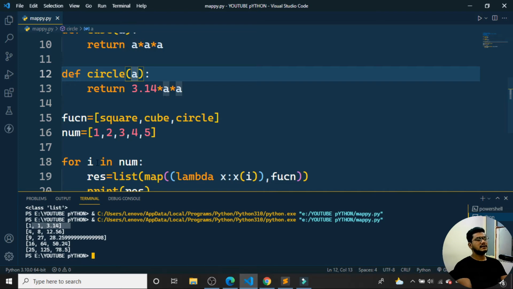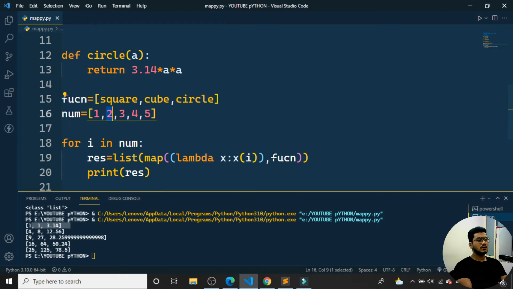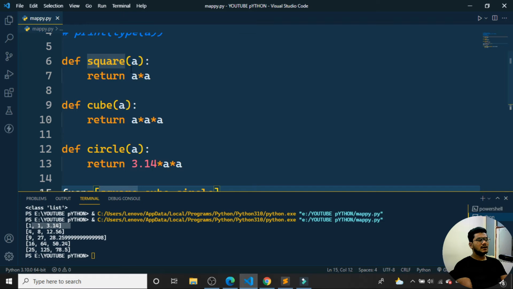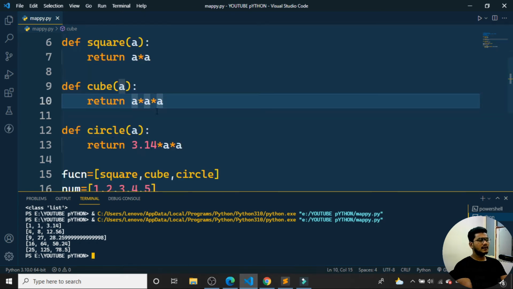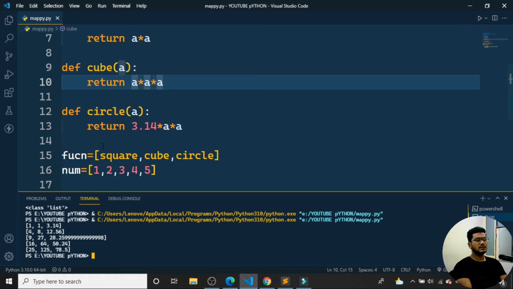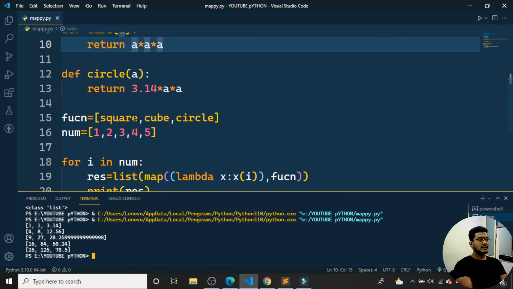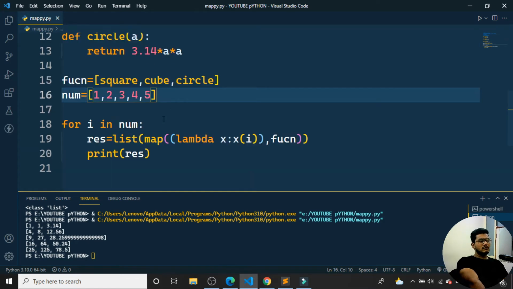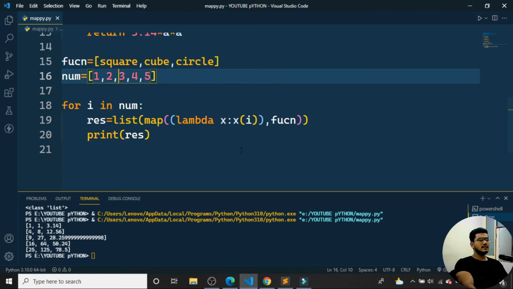Then next, again it is taking an input of 2 to the lambda function. What is the function I am iterating? I am iterating all these three functions: square, cube and circle. It went to the square. It took 2 as an input. 2 2s are 4, 4 is returning. Next cube, 2 2s are 4, 4 2s are 8, 8 is returning. Then area of a circle 3.14, 2 2s are 4, 4 times 3.14 is equal to 12.56. Then next 3, 4, 5 are returning. Like this, the lambda has been applied to all the particular values. Then it is returning in this fashion, and I am getting it as output.